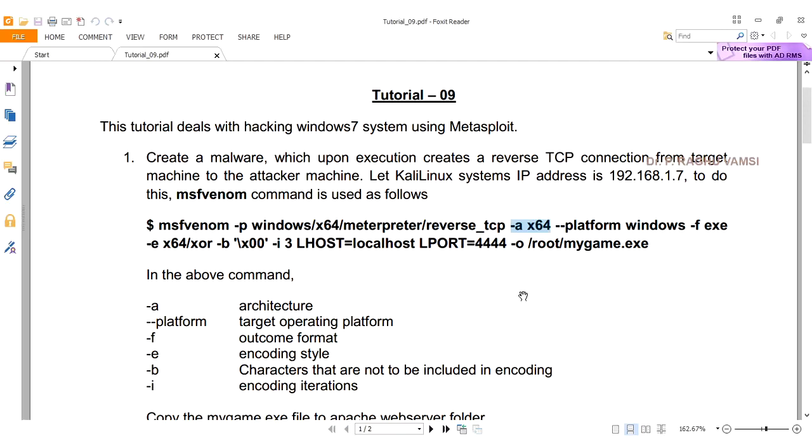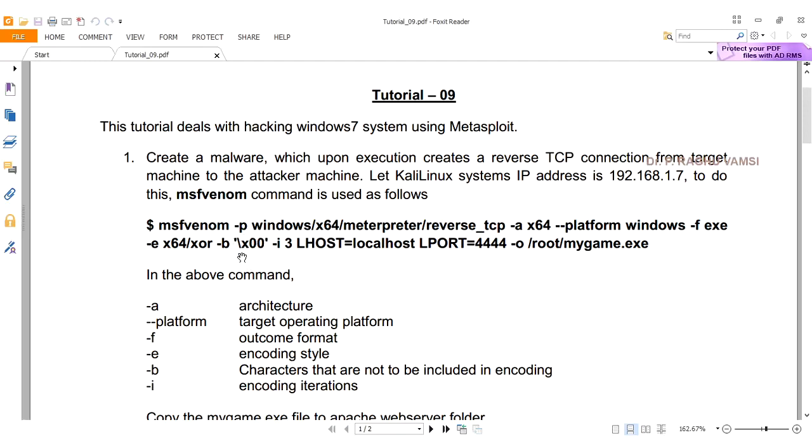-f is the executable format to be written out, and this executable file is to remain undetected by the antivirus software available on the Windows computer. So for this, the object code that we get out will be encoded with the exclusive OR operation, that is x64/xor, with a character encoding of \x00.